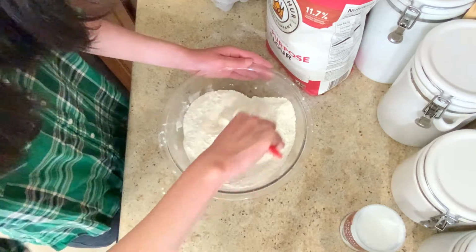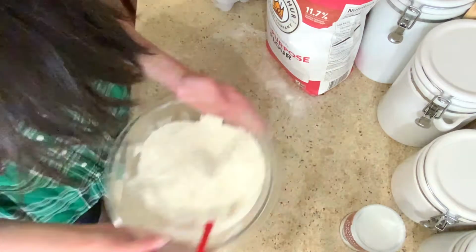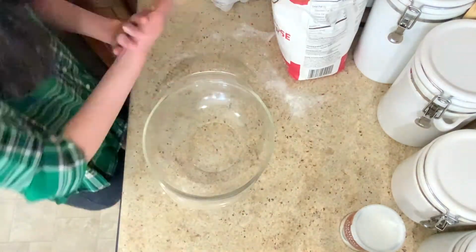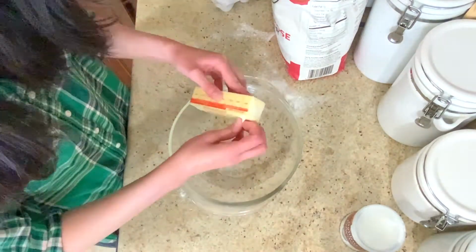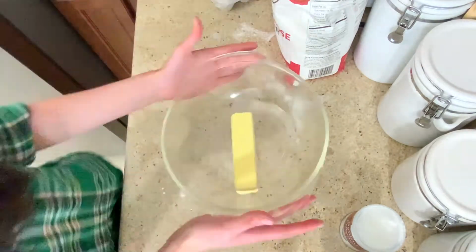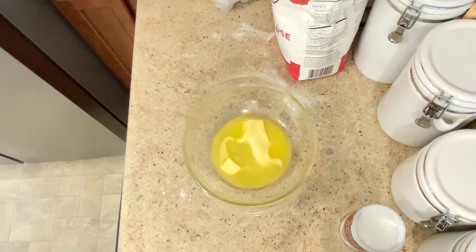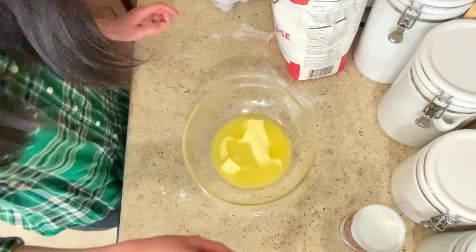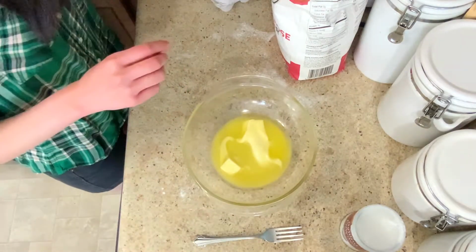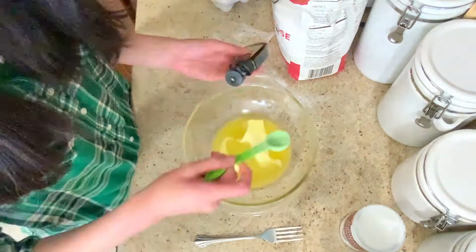Okay, so I should move already to the wet ingredients. All right, moving to the wet ingredients. You need a whole stick of butter, which I know that's a lot. It's an equivalent of half a cup of butter. I put it in the microwave to soften for 30 seconds. Then I just have this fork that I'll use for later. Now, you'll want 1 teaspoon of vanilla extract,